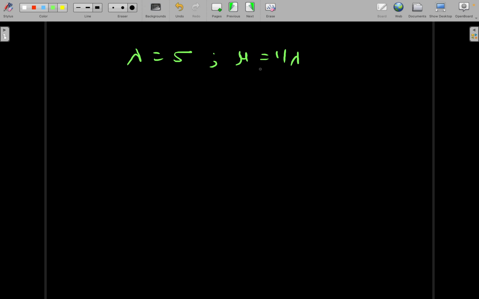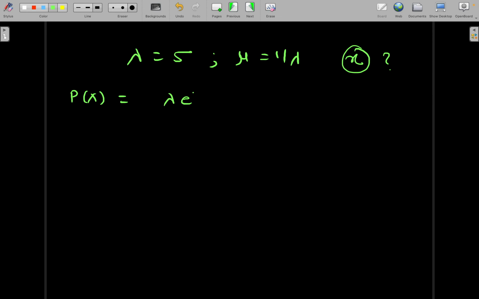So actually, what is that? What is the probability that an event will happen in the next x minutes? I want to find the probability that an event will happen in the next x minutes. So let's say this is given as p of x